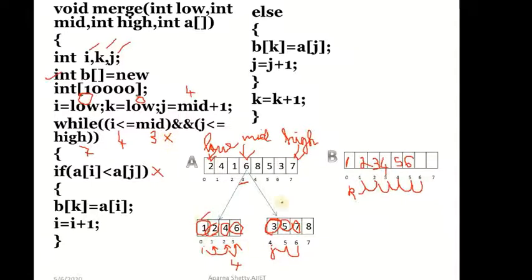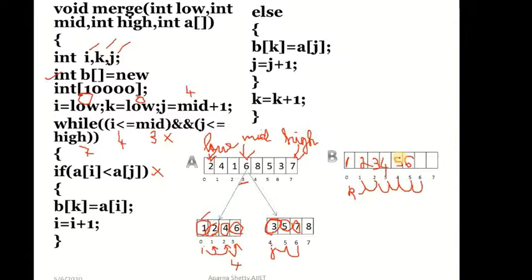So basically what we have done here is that we have divided the given array into 2 sub-arrays, and in each sub-array it is sorted. Correct? Each sub-array is sorted, and in each sub-array we are comparing the two elements. Correct? And which element is smallest, that element we are putting to the B array. Okay? Till when we will do it? Till one of the sub-arrays has finished putting all its elements to the B array, you stop this while loop.